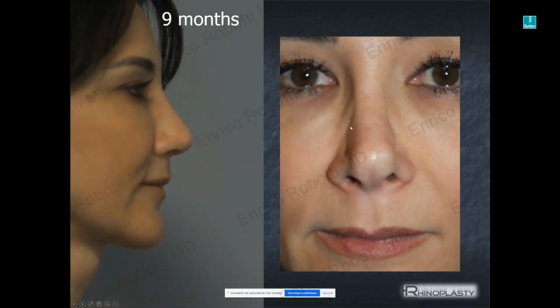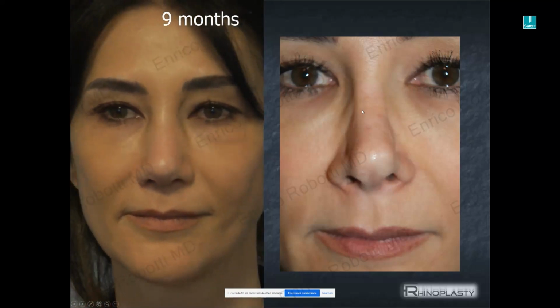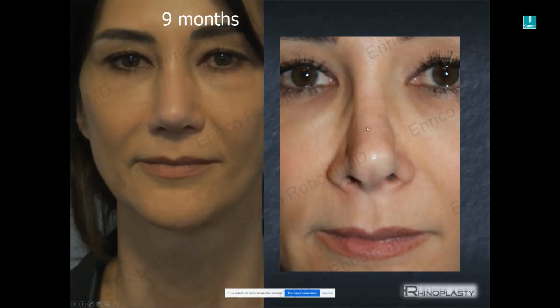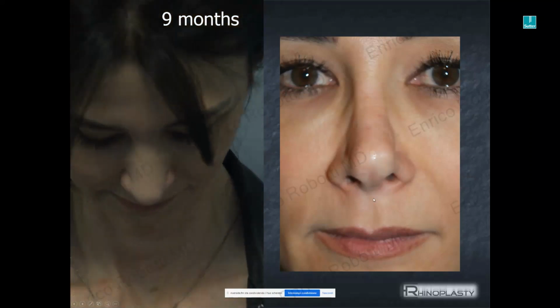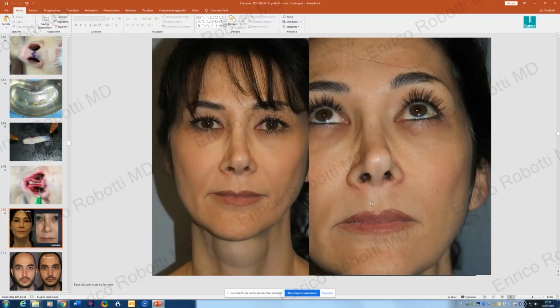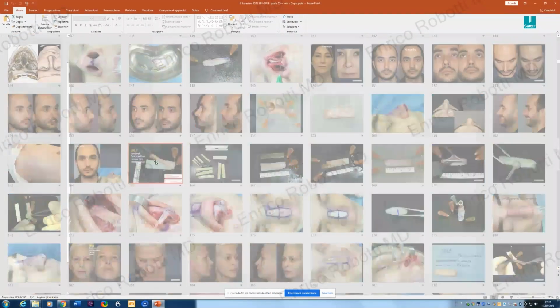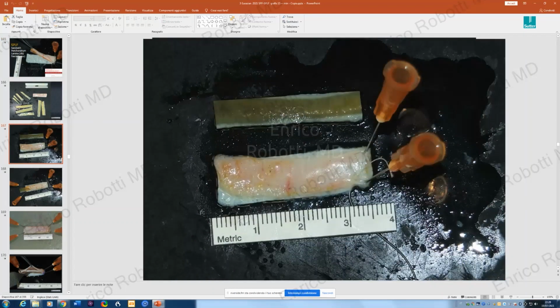So what is it made of? It's made of perichondrium, which, as Dean has taught us, has a Velcro effect. So it will stick on the new dorsum, on the dorsal plateau. And then there's a rib lamination, and then there's fascia on top. So essentially, this is a hybrid. It's a sandwich of perichondrium placed as it was on the original rib, fascia, and then if you find the right rib segment,